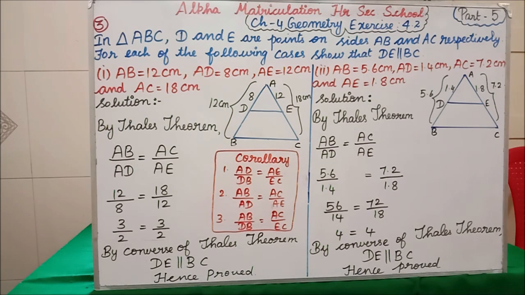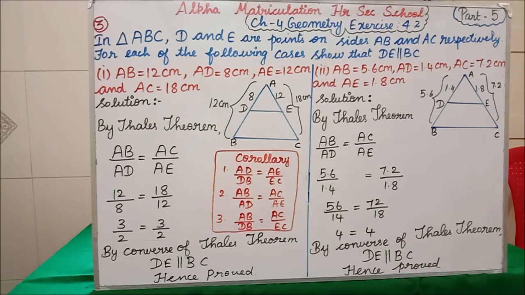Students, in the third question, we are having two subdivisions. I have done the first subdivision here and the second subdivision here. But in your classwork, you have to write the first subdivision, and below that, you have to write the second subdivision. You are not supposed to draw like this. Clear? Now we want to prove that in this problem DE is parallel to BC.